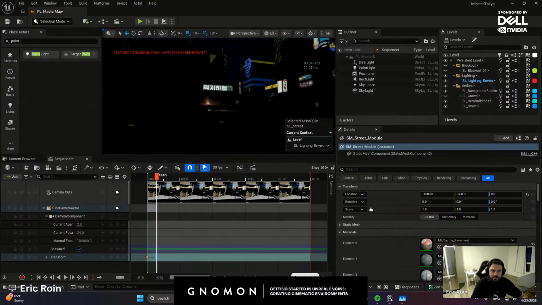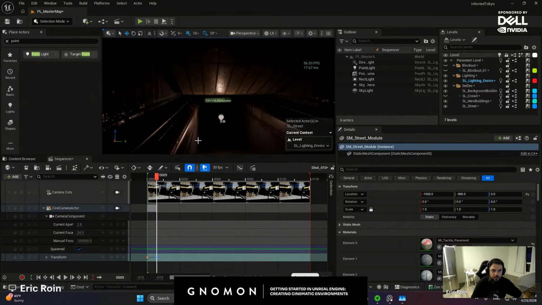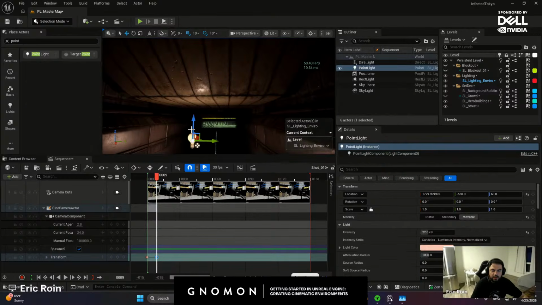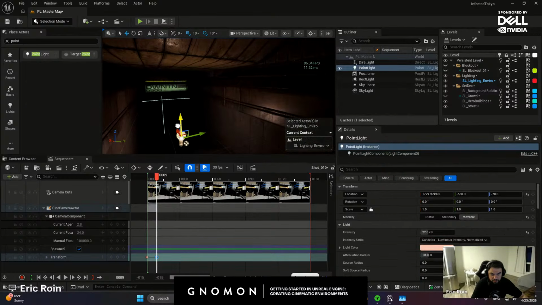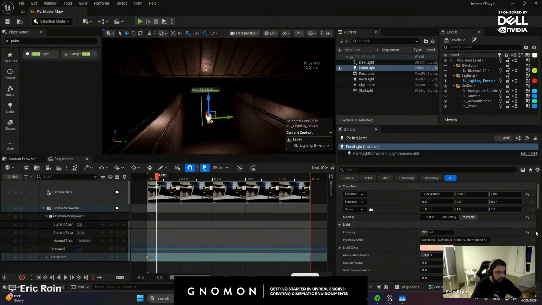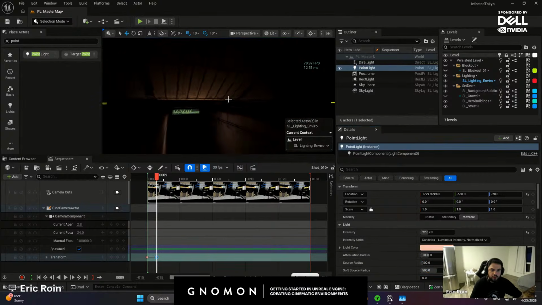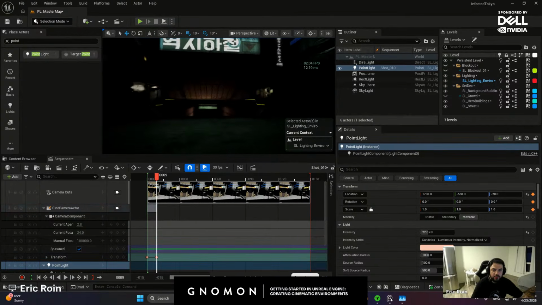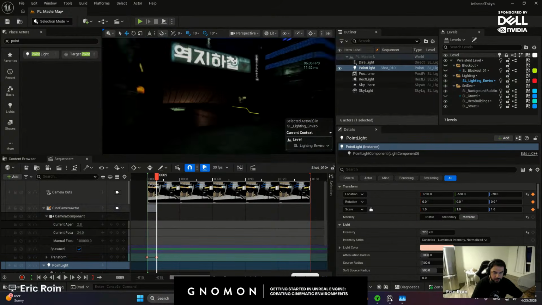Now notice the reflection feels a bit too strong. It definitely is a dead giveaway. You see how that reflection is super shiny, and it's fine to have if we actually have a light source in there. But if you don't, we can always just fake it and mess with what's called a source radius. So as I increase this, the reflection is going to get softer. And then we can mess with soft source radius to also soften that reflection. Now I'm basically using this as a local fill light and not necessarily getting into any reflections.